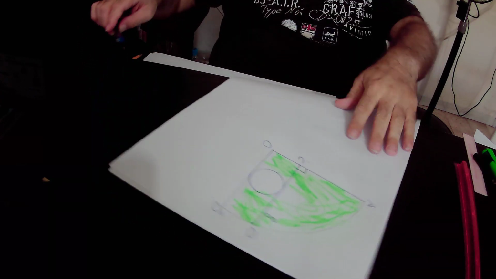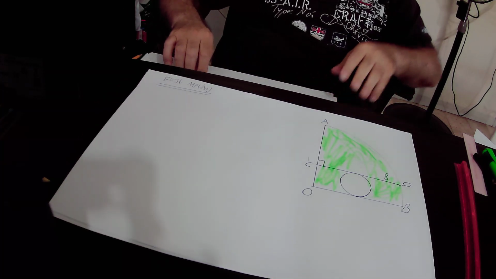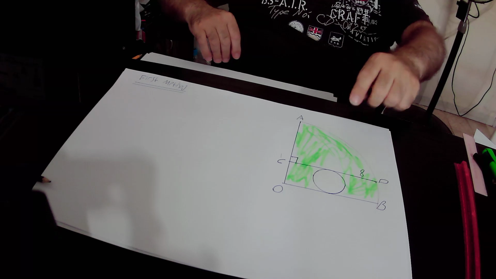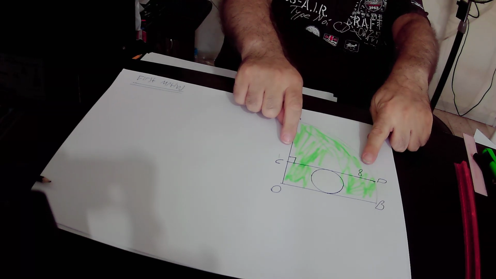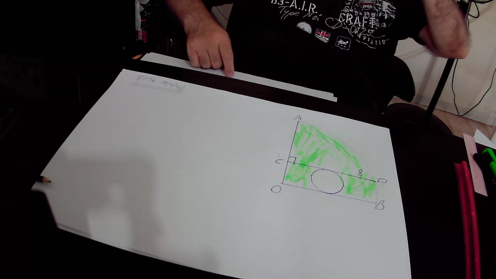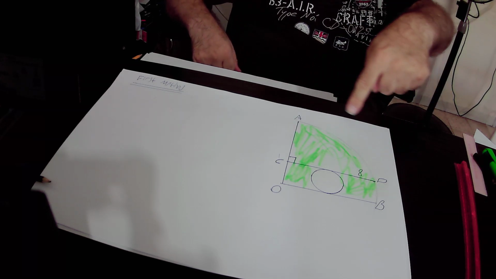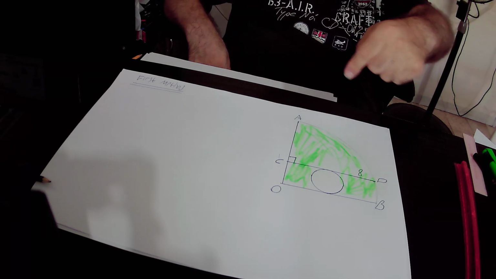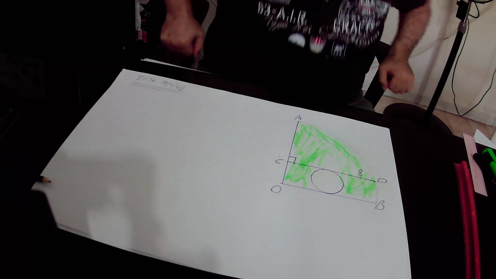So, in the drawing, we have a quarter circle. Inside this quarter circle, we have a small circle. We know that line segment CD equals 8 units, and we also know that angle ACD equals 90 degrees, and our mission is to find out the value of the green area. Okay, we'll start with the first method,